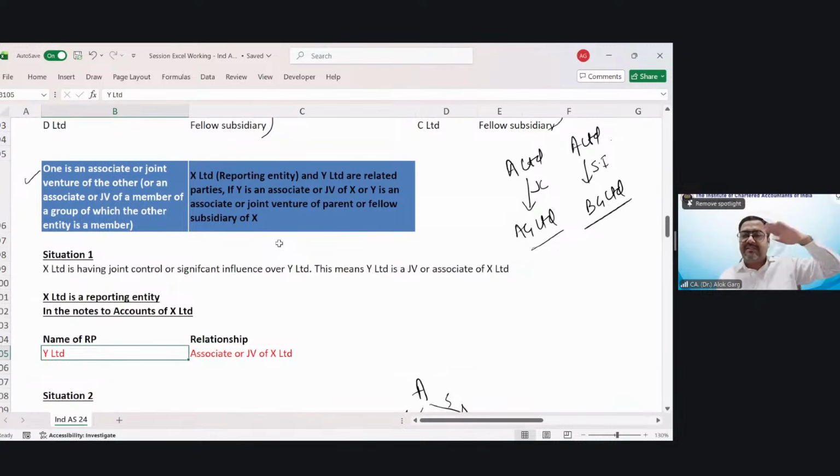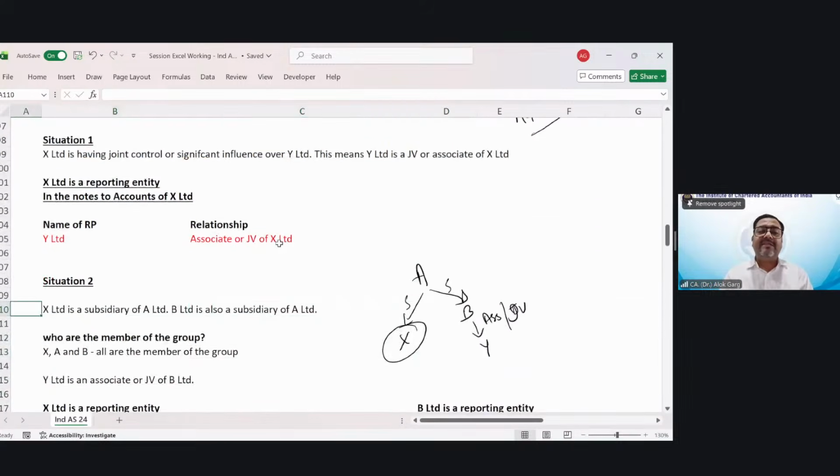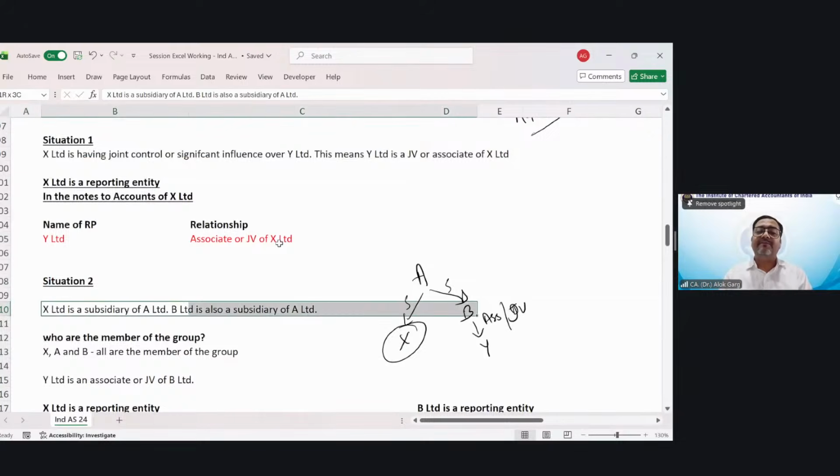Limited, or X Limited has significant influence over Y Limited, then in the books of X, कौन सी रिलेटेड पार्टी कौन सी होगी? वाई लिमिटेड। और रिलेशन क्या होगा? एसोसिएट और जेवी ऑफ एक्स लिमिटेड। सिचुएशन नंबर 2, एक्स लिमिटेड इज अ सब्सिडरी ऑफ ए लिमिटेड, बी लिमिटेड इज